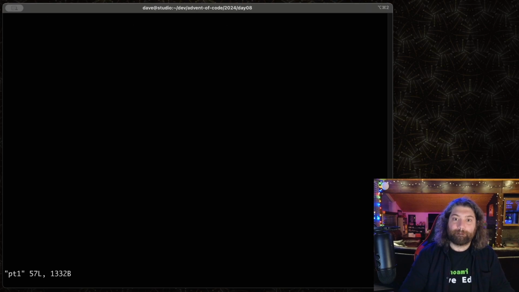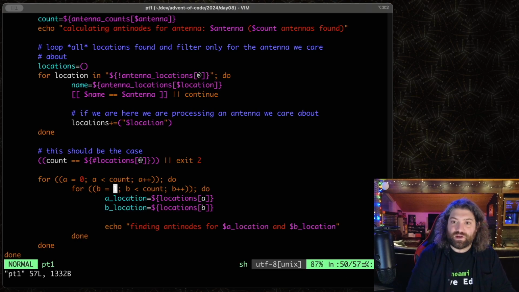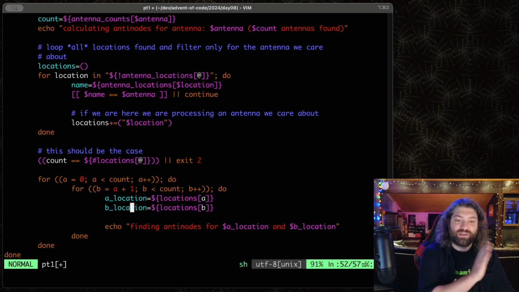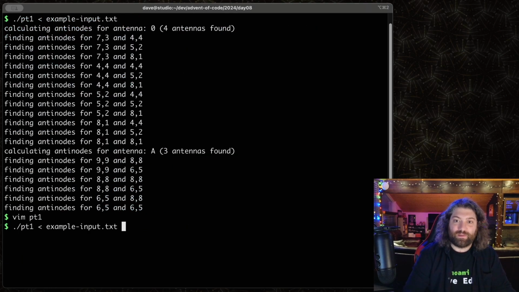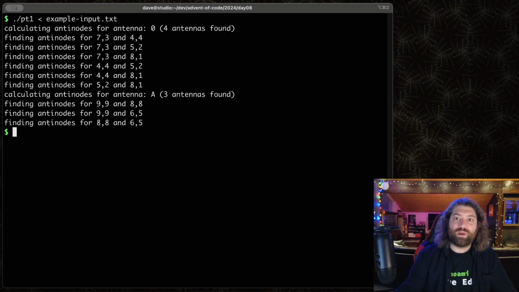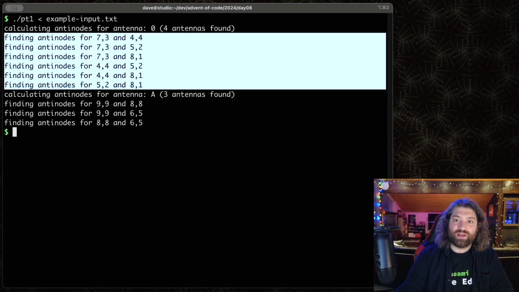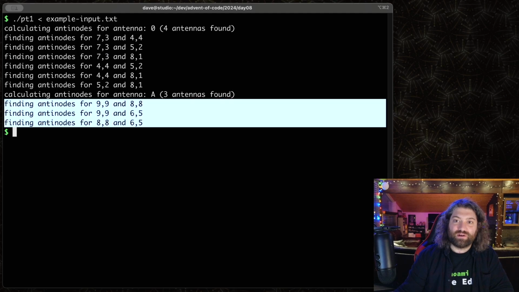Okay, this one's wrong. I see what's wrong here. B doesn't start at 1. B needs to start at A plus 1. It needs to start at the next one on the list. That's what needs to happen there. There we go. So yeah, we're going to check 6 different unique locations, and we're going to check 3 different